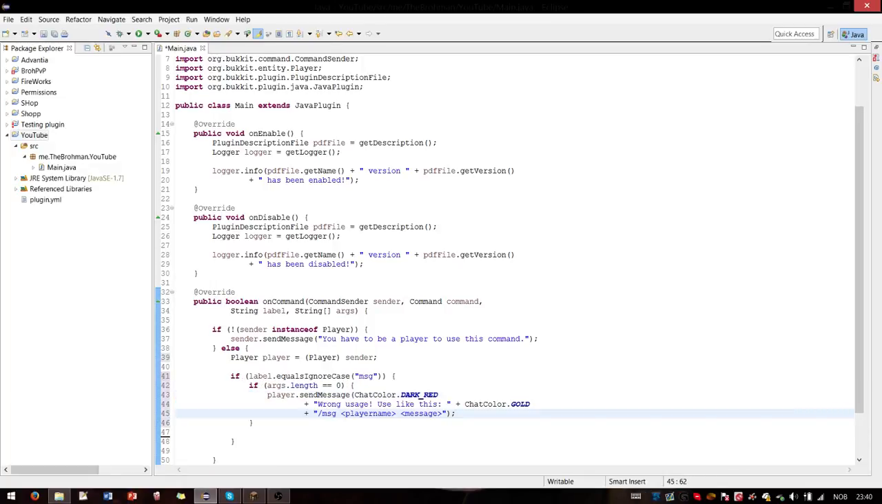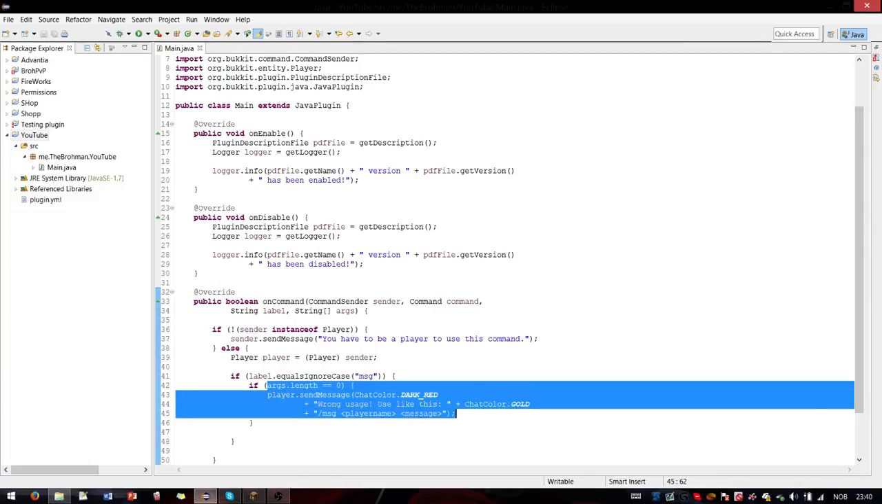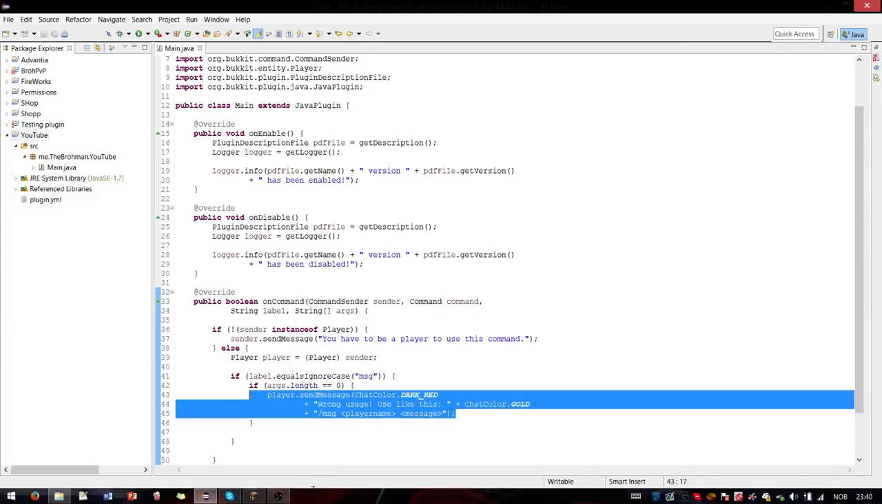Then you can press Control Shift F to format it so it looks like that. Control Shift O will import and unimport everything. Control Shift S will save all of your open classes here. So there you go. Now if the player only types slash message, it will say wrong usage. Then it will do this. So if there's only slash message,